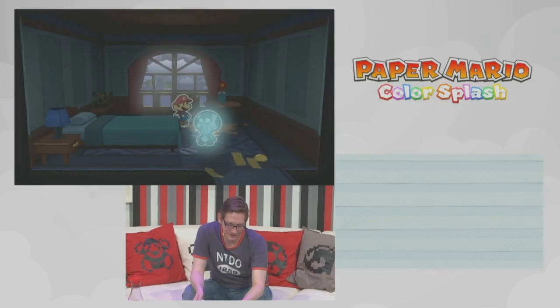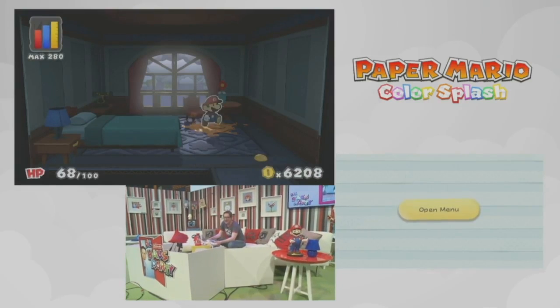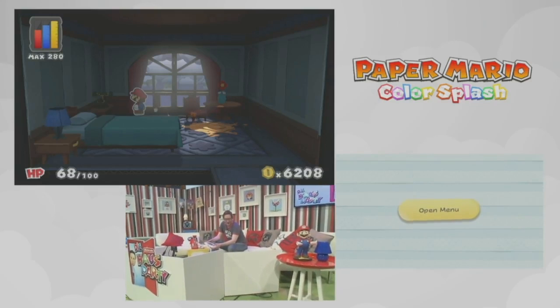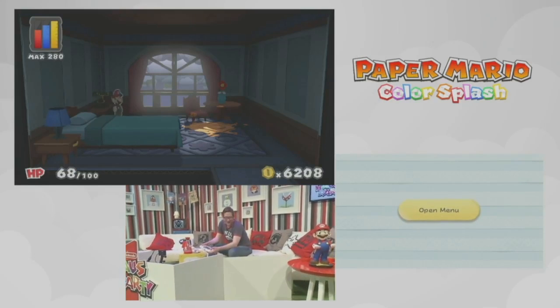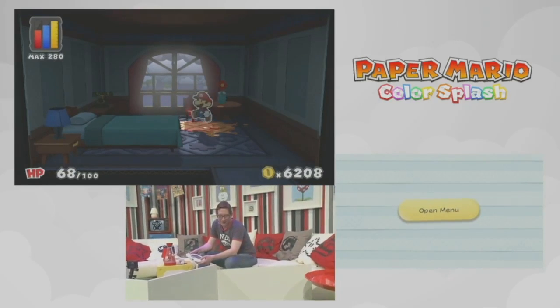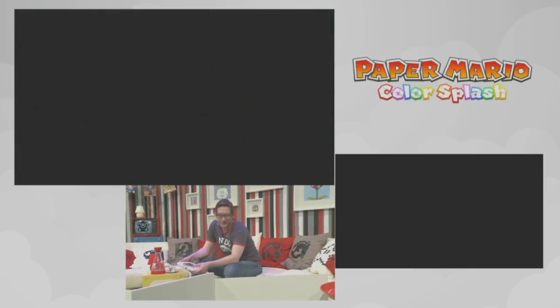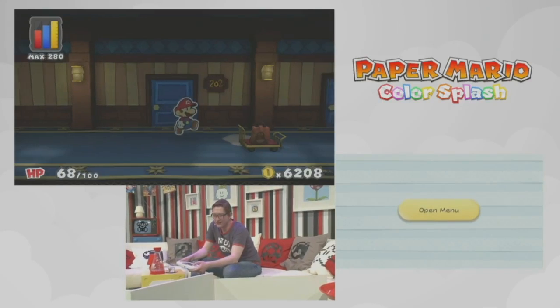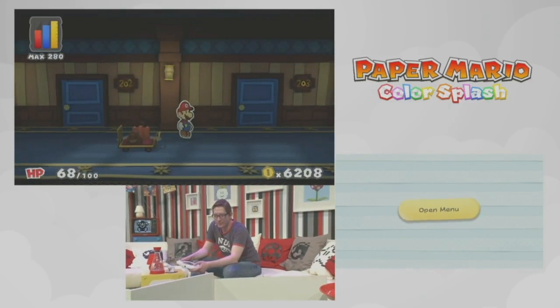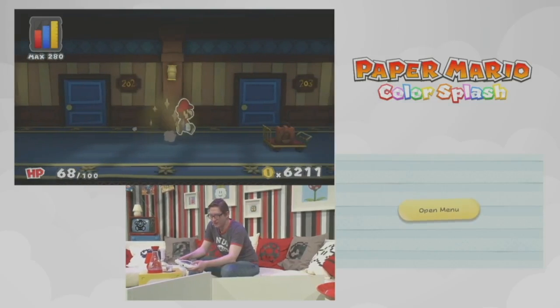Okay. So he's off to the party. Okay. Apparently there's a party going on somewhere. So let's see if I can paint something else here. Okay, now let's just try to go. Okay, there's a weird cart over here. Oh, it's moving on its own. So, okay, what if I